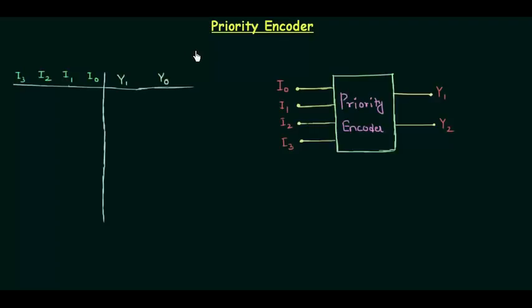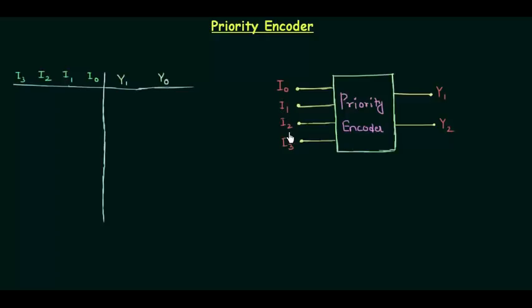In the last presentation, we saw the basics of encoders and decoders, and I also told you that we have to study the 4 types of encoder, in which the first one was the priority encoder. So in this presentation, we are going to complete the priority encoder. You can see a priority encoder on the right hand side of your screen, in which there are 4 inputs: